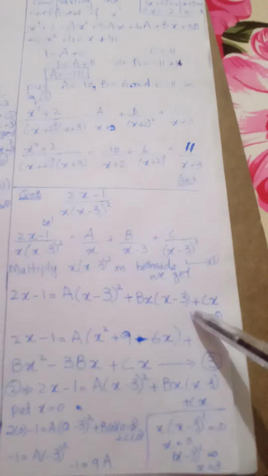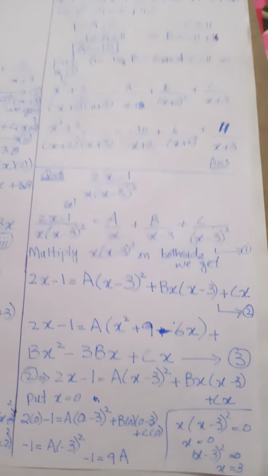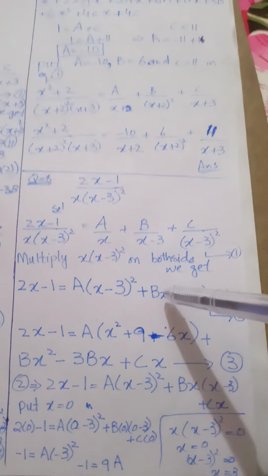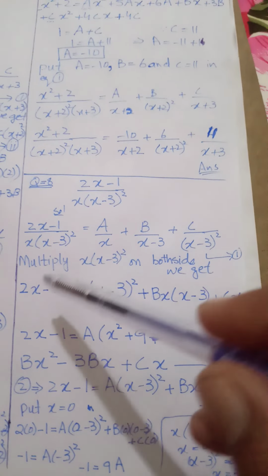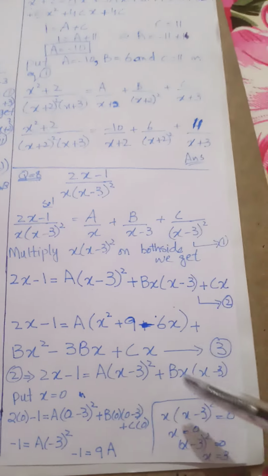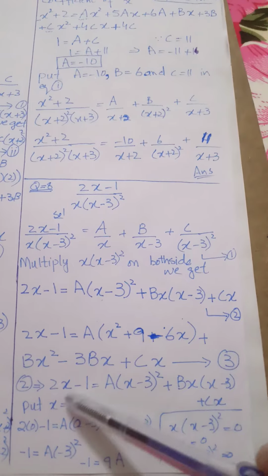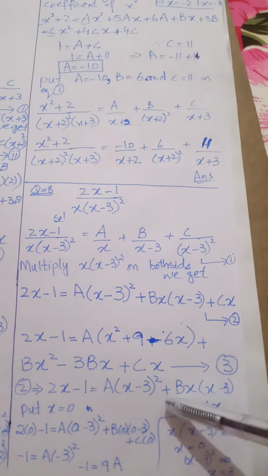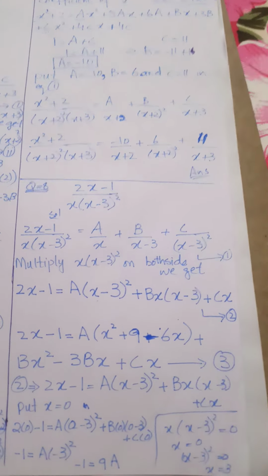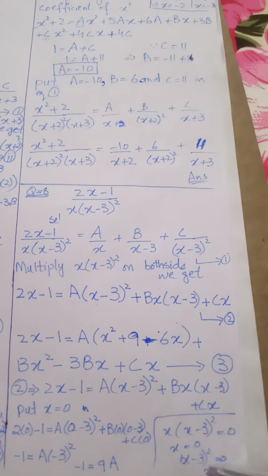Remember that in our next page or in our next steps, you may remember equation 2 and equation 3. So equation 2 is 2x minus 1 equals a into x minus 3 whole square plus bx into x minus 3 plus cx. When we put x, first we put x equal to 0 and then x equal